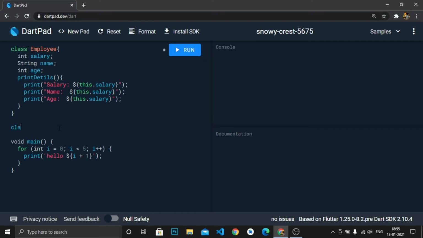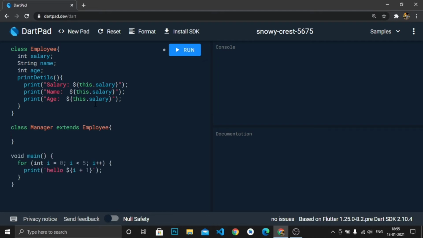Now we have a second class, let's suppose Manager, and it extends, means it inherits from the Employee class. We can say that polymorphism is based on inheritance, because when there is inheritance then only we can define the polymorphism concept. So in this class we will have all these variables, salary, name, and age, of the Employee class inside the Manager class, since we are extending the Manager class from Employee.